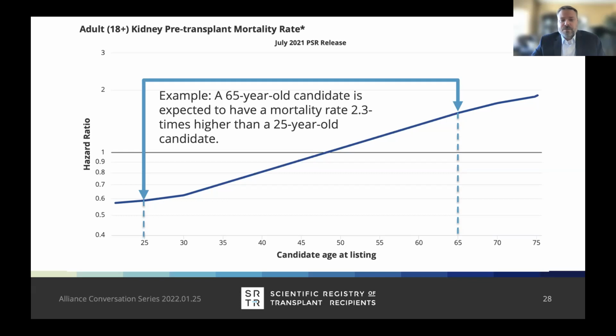And so I've heard programs say, well, I don't want to list any older people on my list. And I point them to this graph and say, we are expecting, this is based on national experience for these ages. We don't draw these lines from scratch. We actually develop them based on what's actually happening nationally for the cohort that's being evaluated. And so this is real data. The model expects that for your 65-year-old, their chance of death is 2.3 times higher than the 25-year-old on your